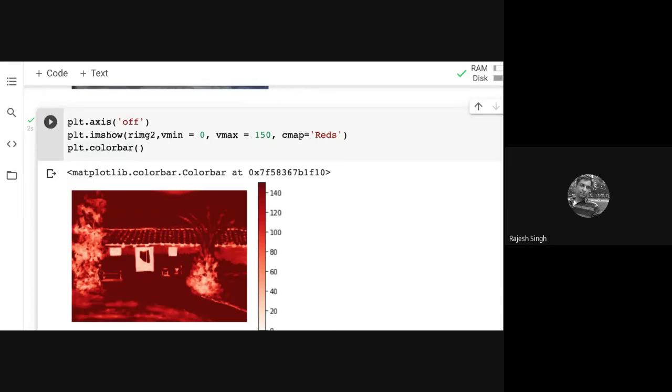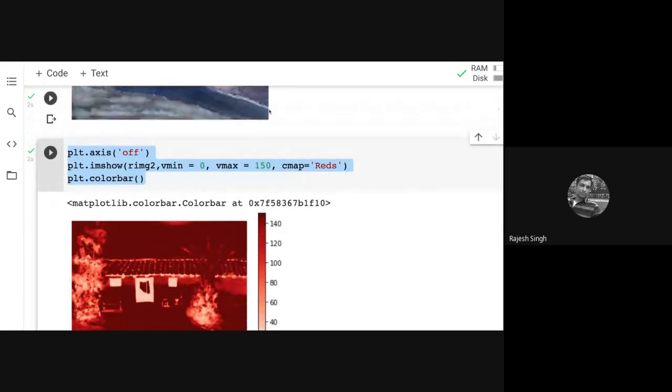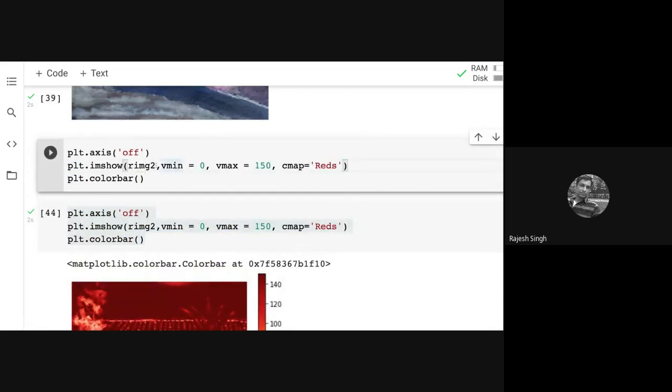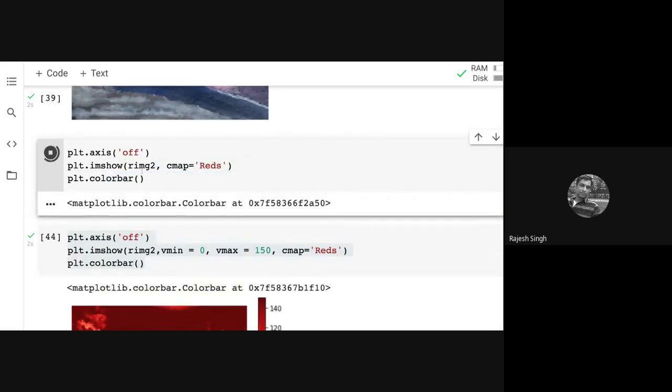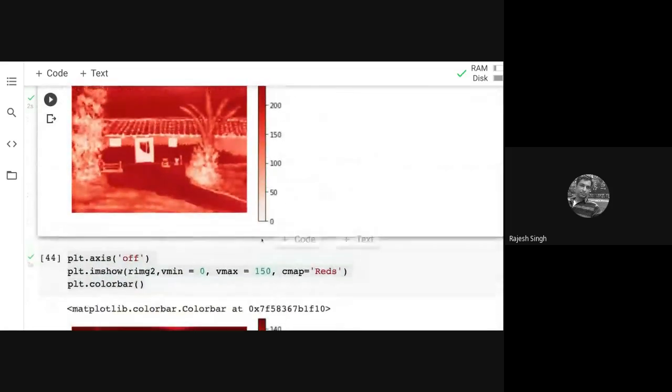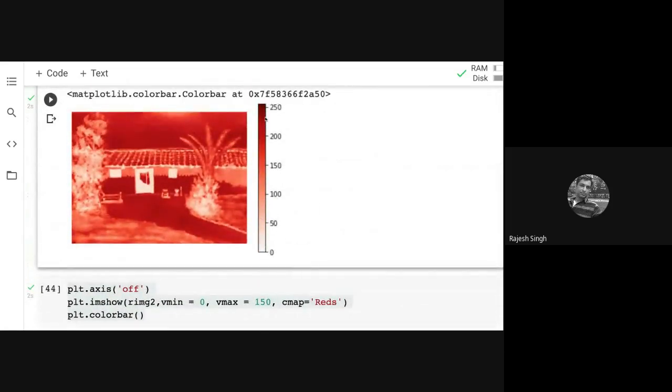I just wanted to show you the original. So let me just add another and remove all this, so that we can compare. So this is 0 to 255.